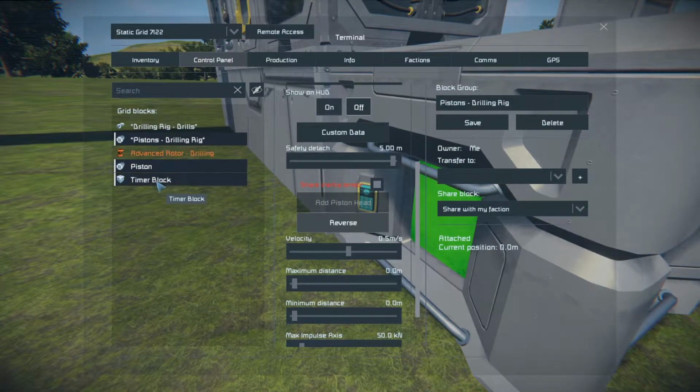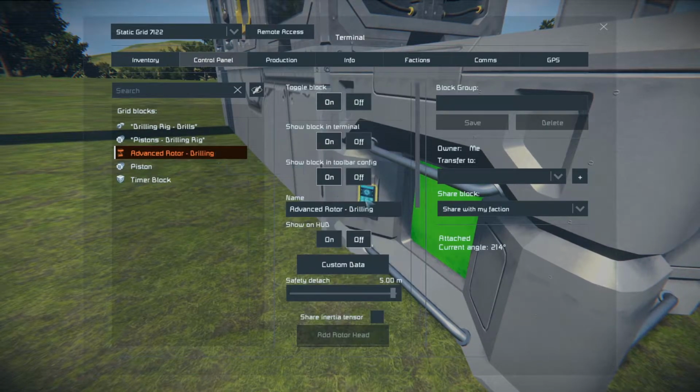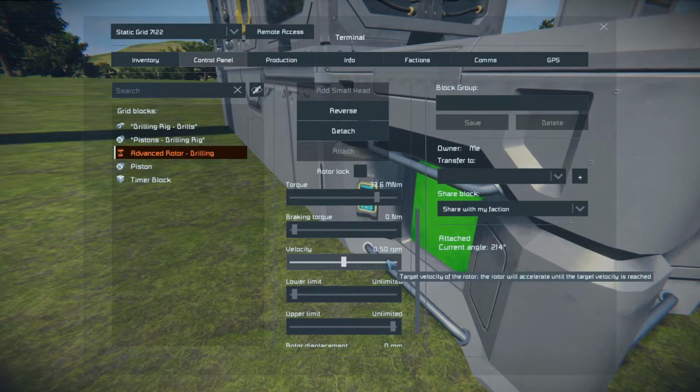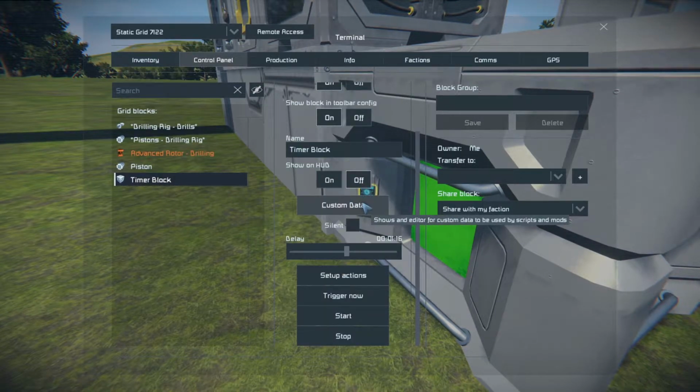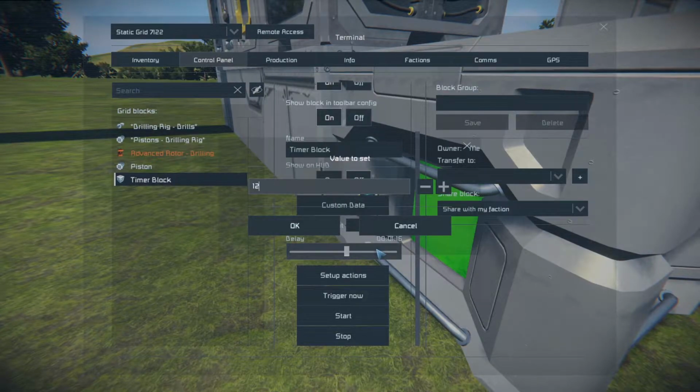Now with that set up, let's go back to our timer block and get this delay feature set up. So let's go over to our advanced rotor, and we set the velocity to 0.5 rotations per minute. So that means it's going to take 2 minutes to do one full rotation, right? Half a rotation a minute times 2 minutes. Anyways, so we'll go over into our delay and again Ctrl left click, and we're going to want 120 seconds